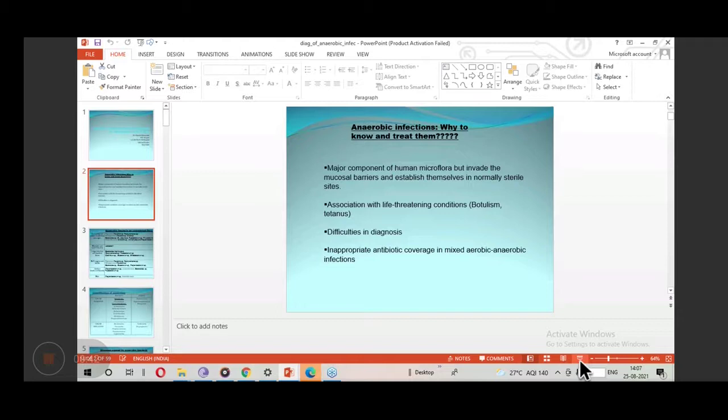These are a component of human normal flora, but process